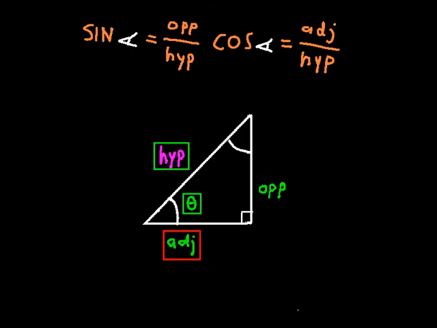So I've got to decide which equation to use. So if I wanted to know, for example, the opposite, and I knew the hypotenuse and theta, I would use the sine equation. Okay, hypotenuse, theta, and opposite. Okay, so from this we can deduce that it's quite simple, with some simple algebra, that we can say that